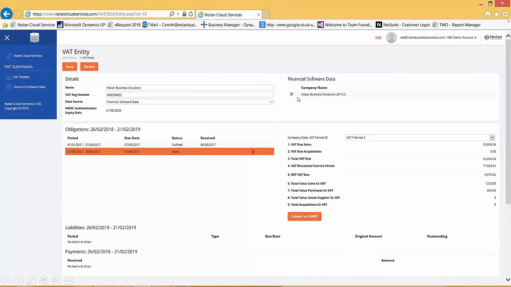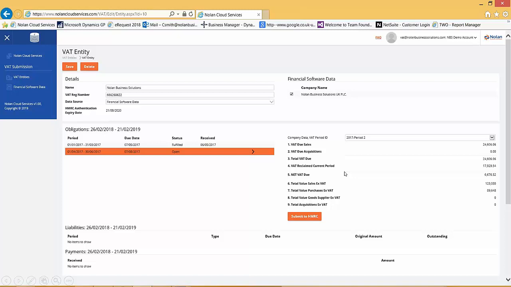So we click on that, we can see our companies in Microsoft Dynamics GP. And this tick box here is showing that this company is being used in this VAT entity. Now, if we had multiple VAT entities and a VAT group, and we wanted multiple companies to be in it, all our companies actually show down here, and you just simply tick the ones that you want to be in that VAT entity. Okay, so you could have 3 or 4 companies ticked there, and they would all be pushing their combined VAT daybook returns, which would combine in here and then be submitted as a VAT